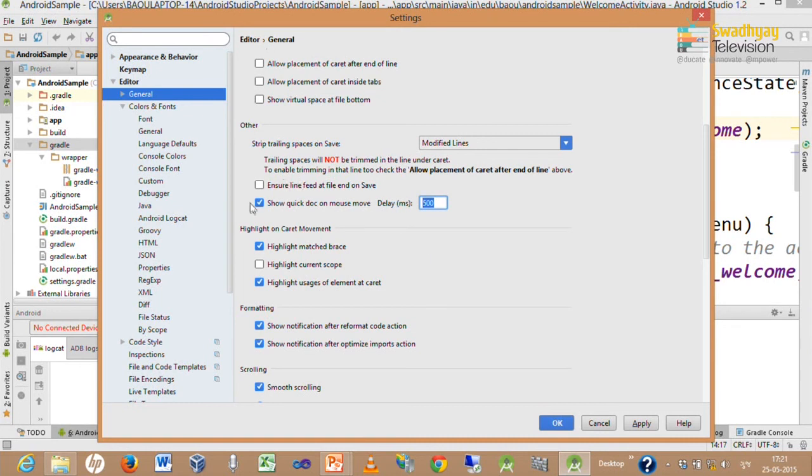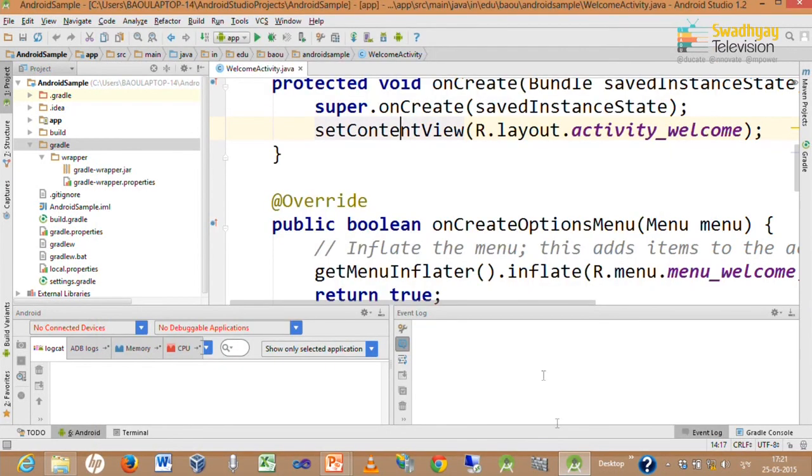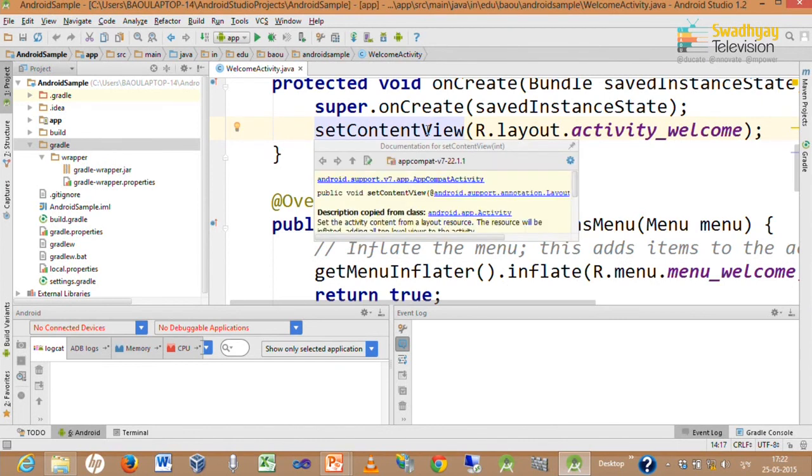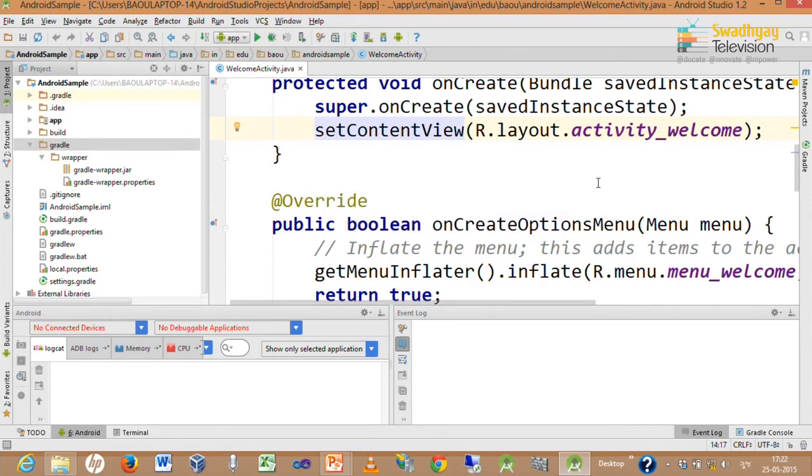So I check this option and press OK. Now we move our mouse to this setContentView. It will automatically fetch help for setContentView whenever I move the mouse for more than 500 milliseconds. This option is very useful for displaying help.